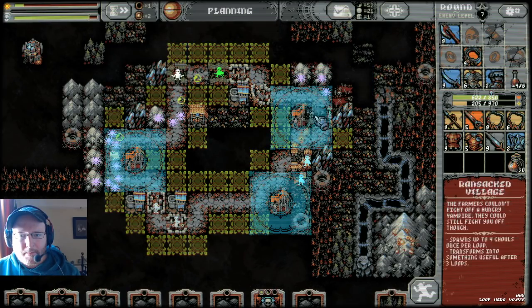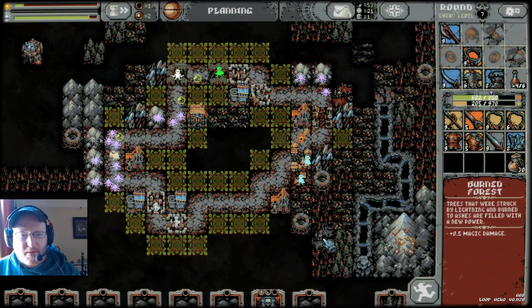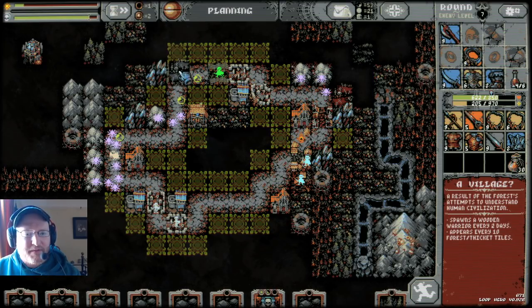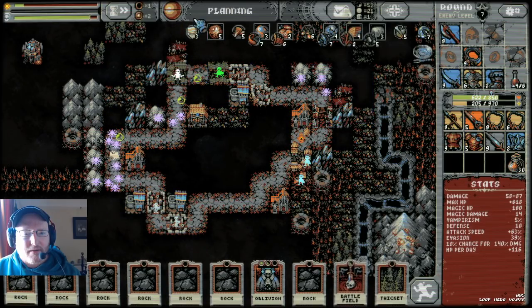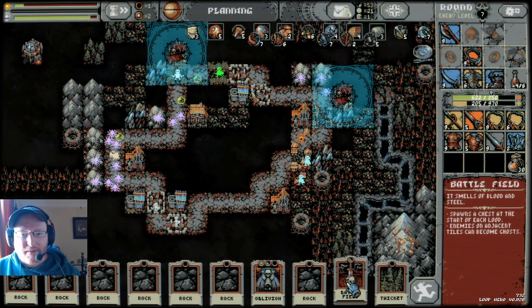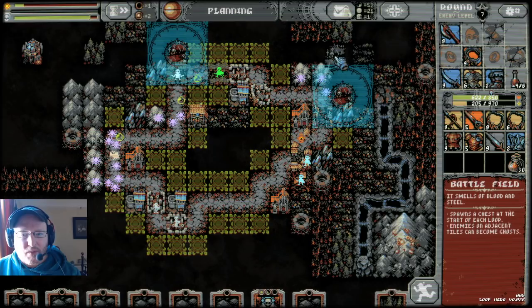I wonder if there are any interactions. A battlefield next to a village. Let's try that into one of these end villages. Oh, we just got given another battlefield. Wow. So with all these battlefields, I'm definitely going to want to...